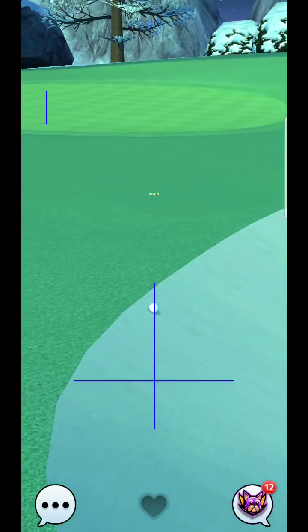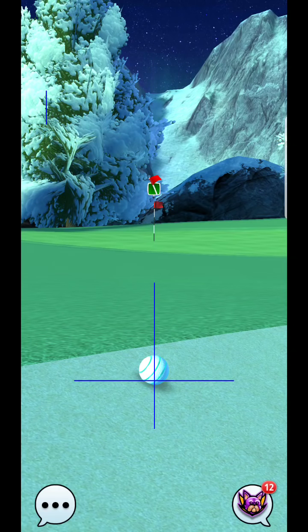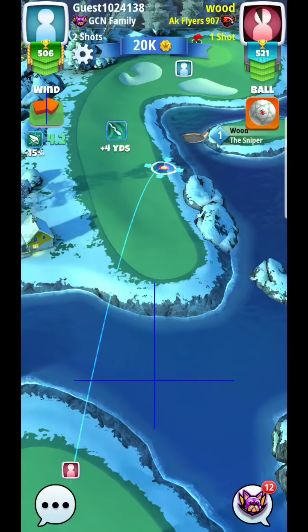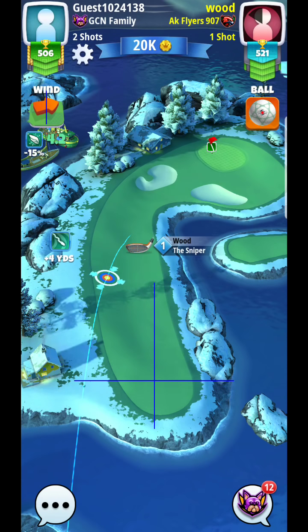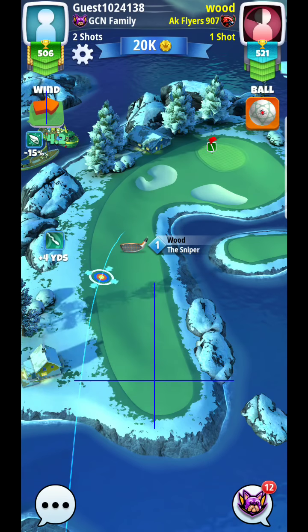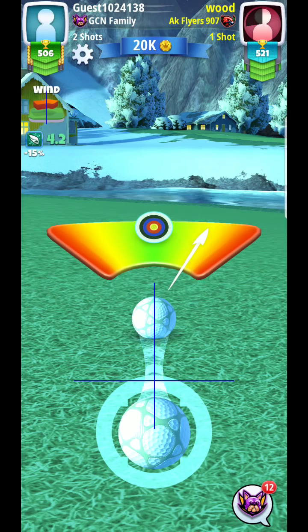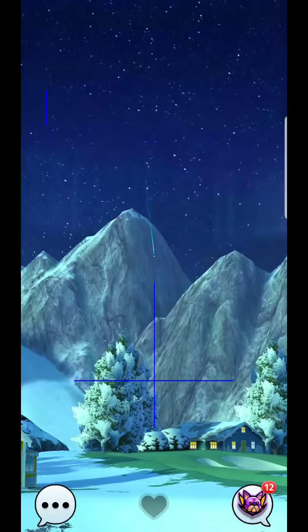Oh, so the great ball puts me in the bunker. You can see opponent Sniper 1. That means he doesn't have any topspin, so he's going to have to lay up. But once again, as I mentioned, I could have taken care of this hole and not had to...